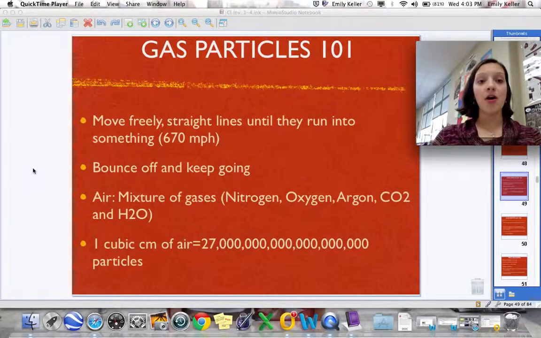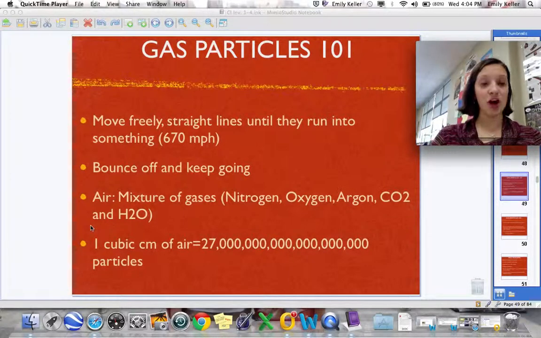Gas particles are freely moving. They move in straight lines. They bounce off of each other. They move very fast, about 670 miles per hour. And they will bounce off of something and keep going, kind of like bumper cars, bouncy balls. There's a lot of analogies that we came up with in class. So try to think of an analogy for yourself that you can use to keep gas particles straight and understand them. Air is a mixture of gases, mostly nitrogen and oxygen, argon, carbon dioxide, and hydrogen dioxide,